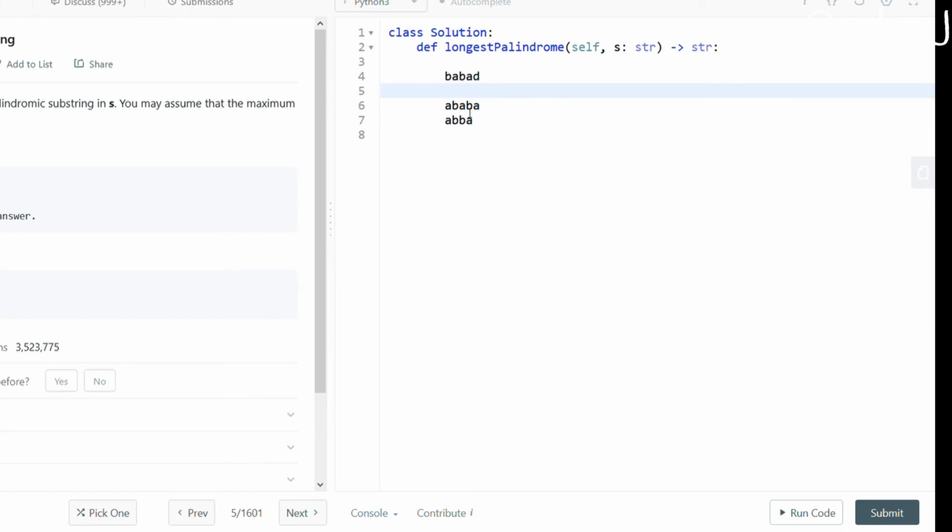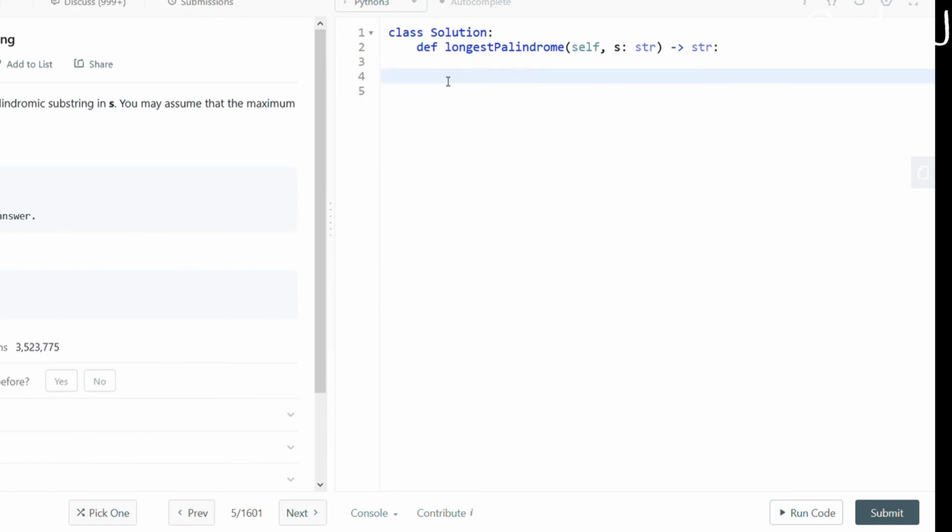But if you are checking for odd length palindrome, then you don't need to consider the center character, right? Because it does not matter. It may be A, it may be X, it may be Z, whatever it may be. It's a center character. But for the even length palindrome string, the center character really does matter, right? Because you need to keep that in check. So that is what I'll do. I'll just separate them for both odd and even, and for odd I won't consider center character, and for even I will consider center character.